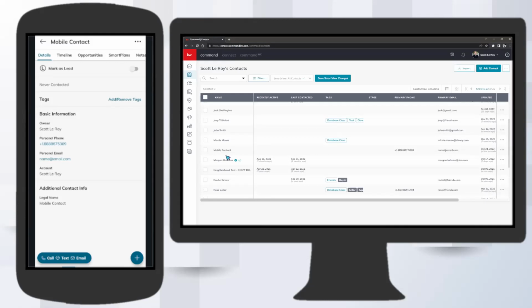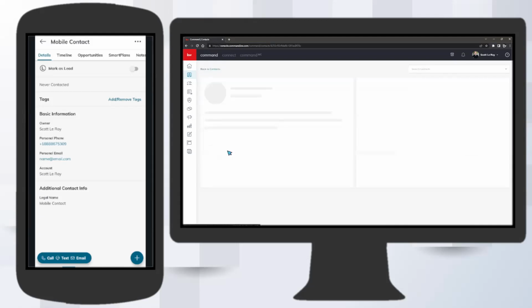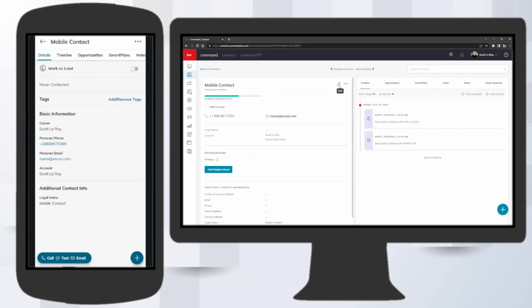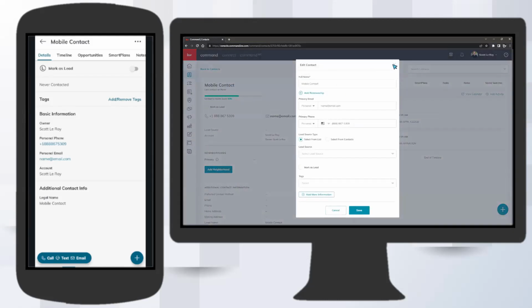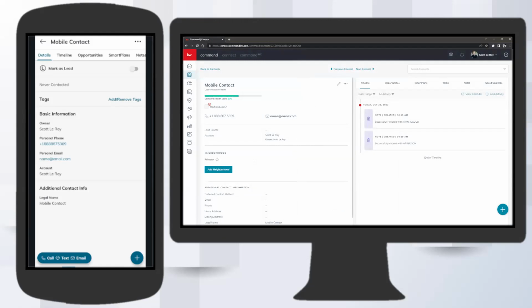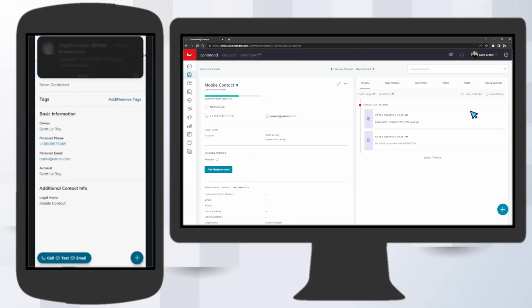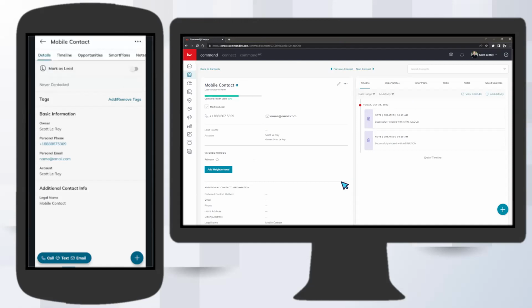Now, I didn't mark mobile contact as a lead. You do have that ability to do so when you jump back into your KW Command platform, that allows you to identify them a little bit easier. I did not toggle that on, but again, you can very easily do that through your Command profile right here. So I can very easily mark as a lead right here. So again, yeah, cool. On the left-hand side, we have our KW Command profile, and on the right-hand side, we have that more robust KW